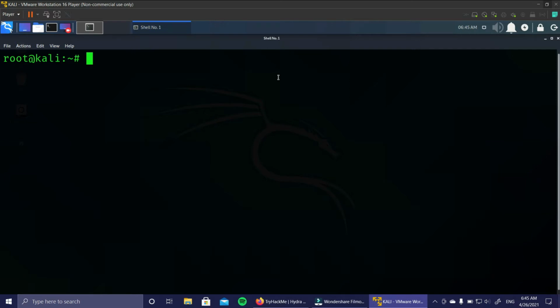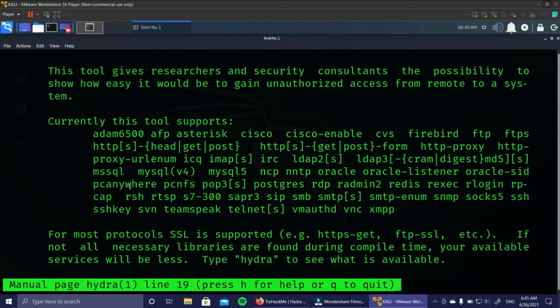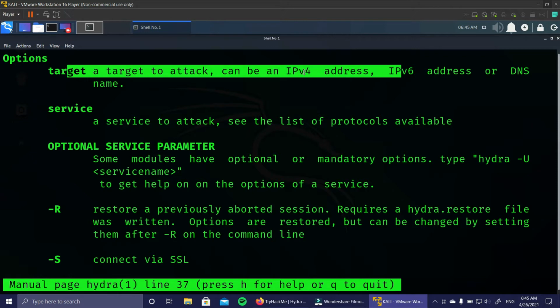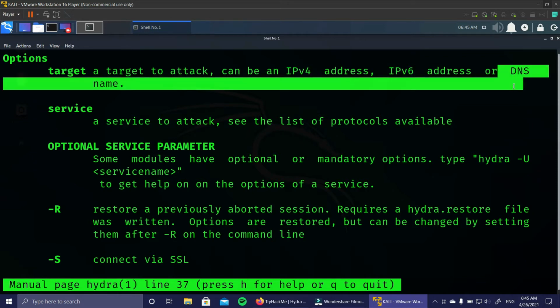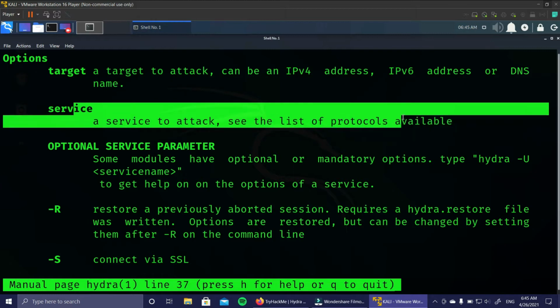If we go to any tool, we can find the manual by typing man hydra. So we can see the manual of Hydra, the description and all, the official manual. There are the options. Target can be an IPv4 or IPv6 address, or even a DNS name, and the service is the service to attack.